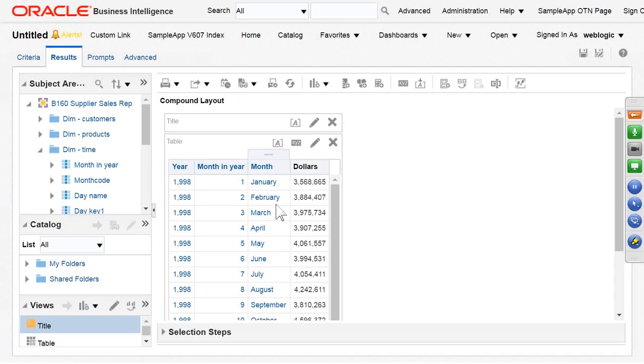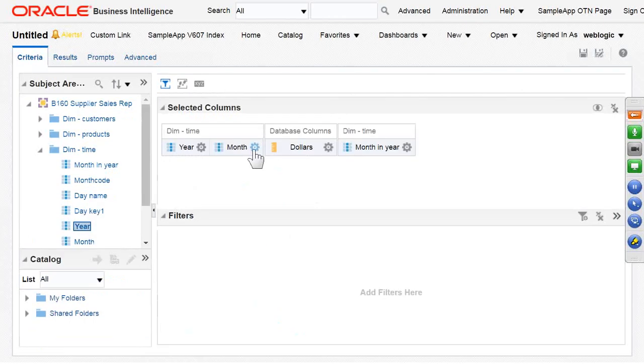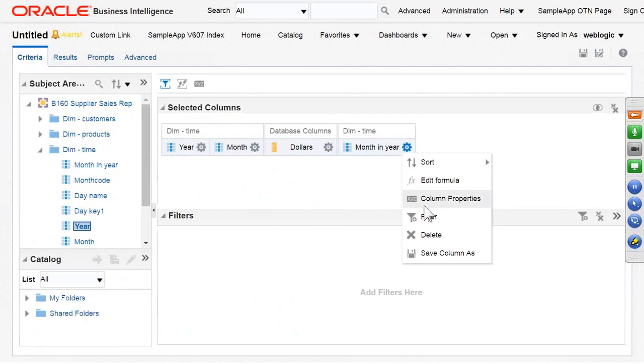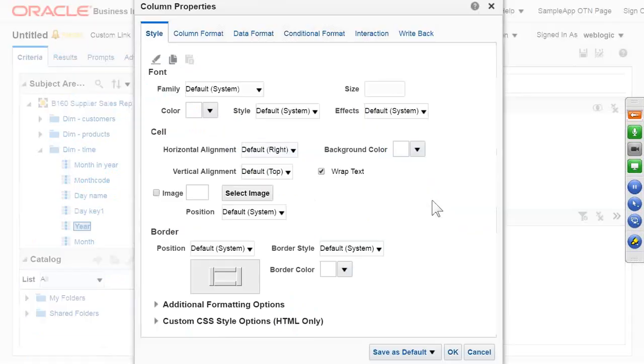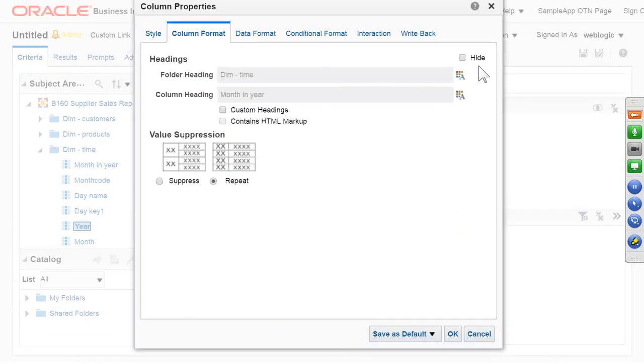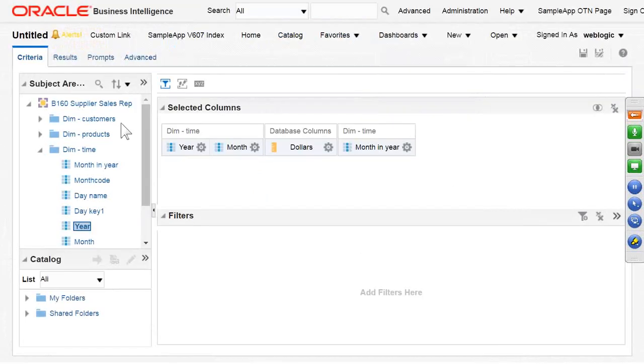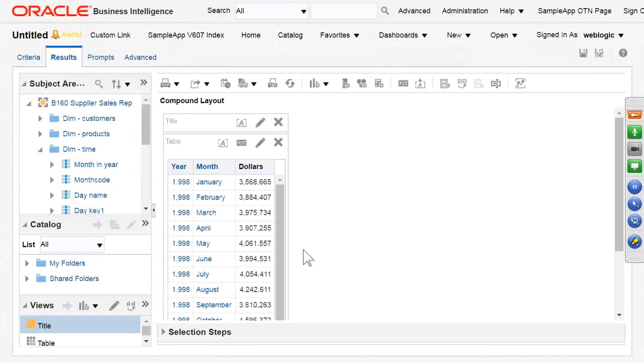January. Okay, good. Now if I go and click on this criteria, whatever we have, the month code, month in year, click on here, column properties. I am trying one option here, hide. Click on OK. Click on results. Now are you seeing the data properly still or not? We hide it from